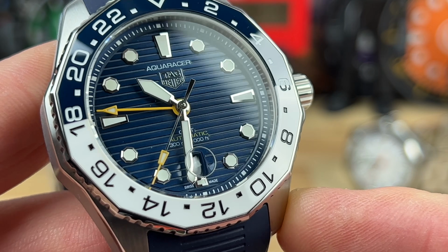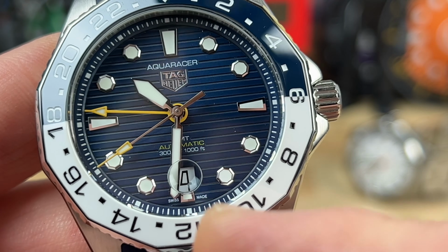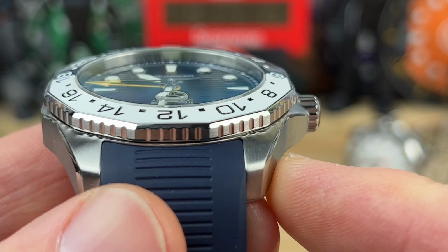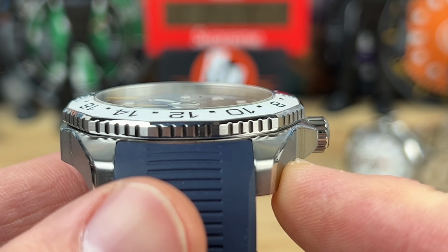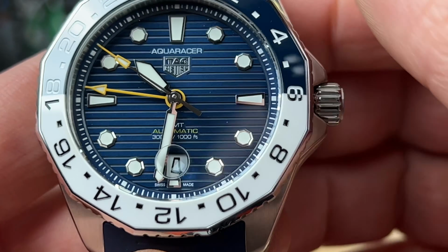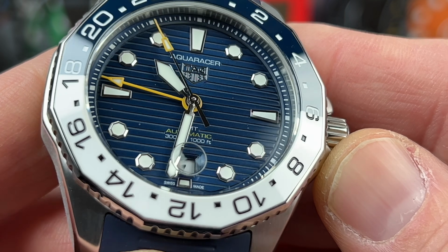Nice transition on that thing, super sharp. And you have a date magnifier for us aging eyes, guys. But get this, look at that. Flat sapphire crystal. The date magnifier is on the bottom side of the crystal. Pretty slick, I think. Nice little splash of yellow on the tip of the seconds hand, and the super long